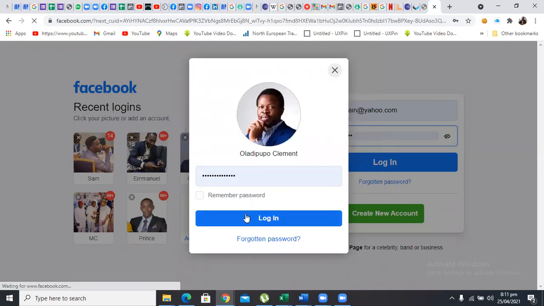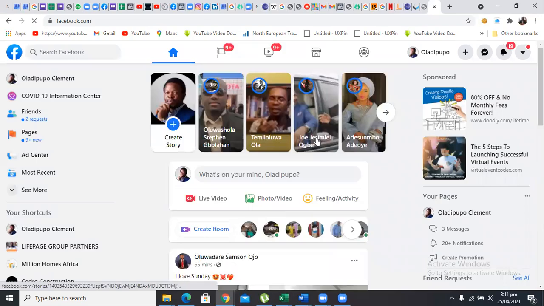Somebody has a question: is it usually better to use Facebook on the laptop rather than on the phone when you want to do all this? What I would advise is, if you don't have a laptop, you can use your phone.